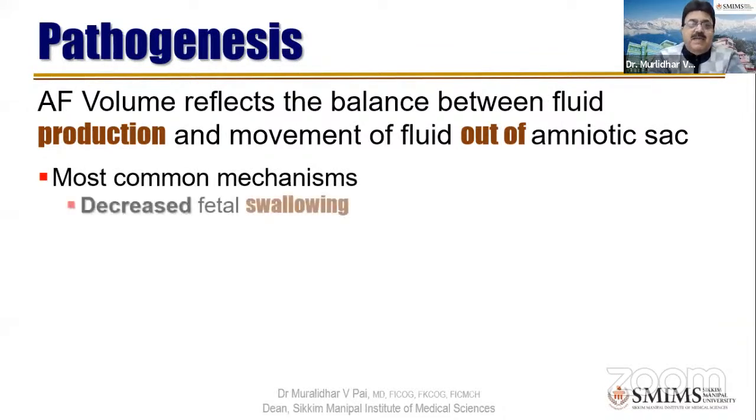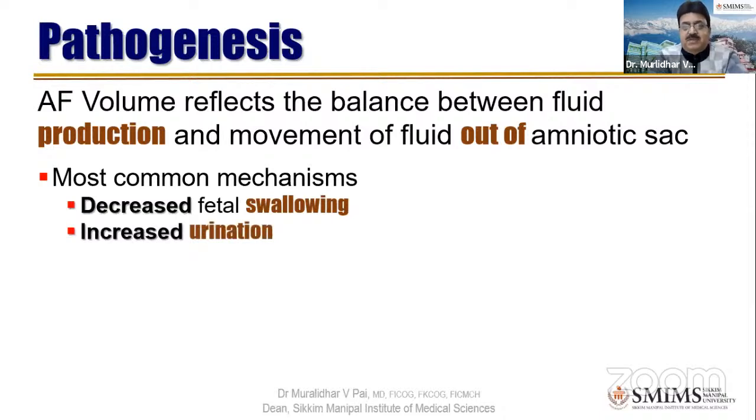Most common mechanisms are decreased fetal swallowing. If the baby, for any reason, whether there is a neurological issue with the baby or if there's a mechanical obstruction in the esophagus or down the line,